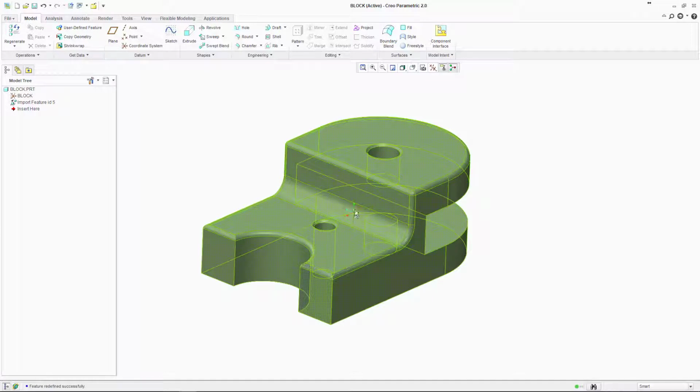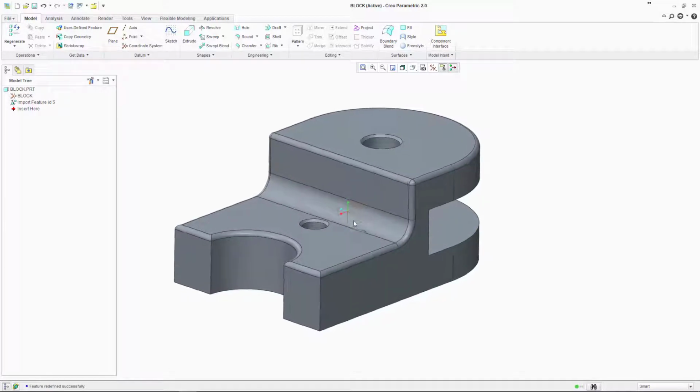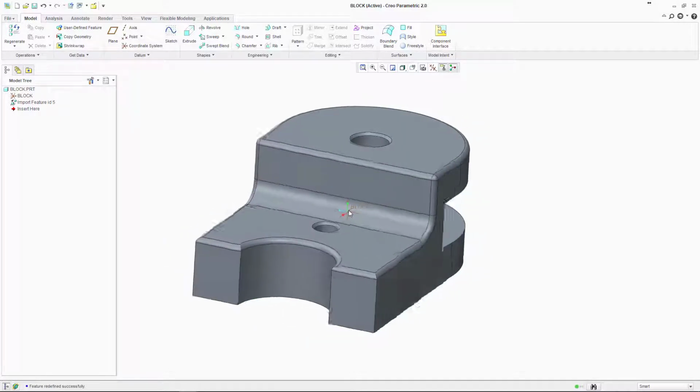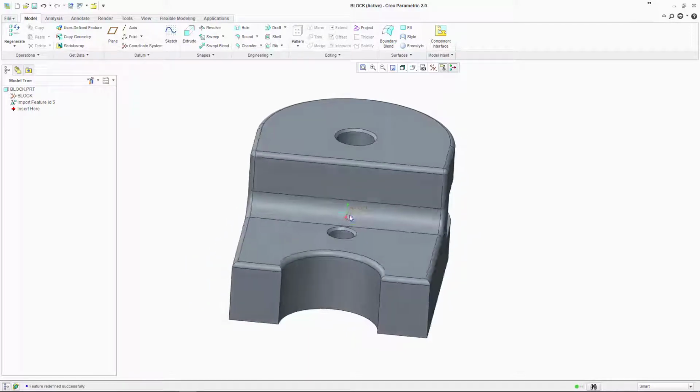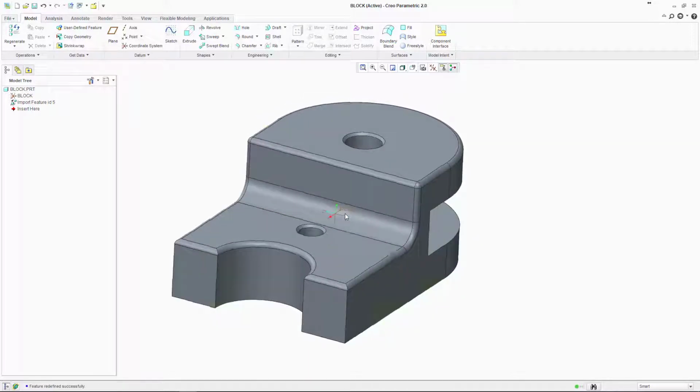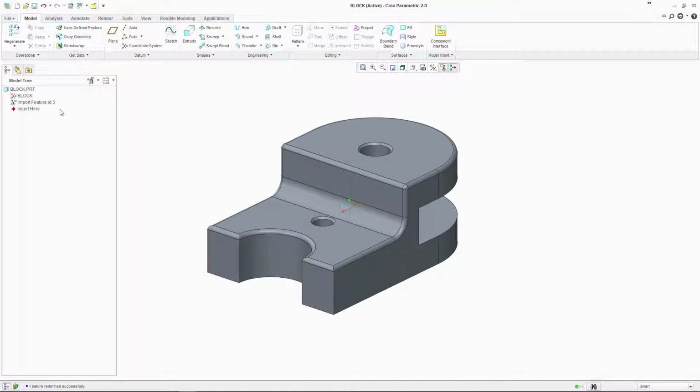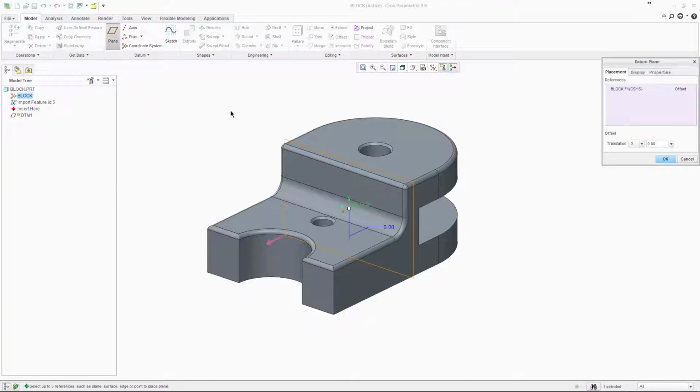Luckily we have the coordinate system already, so essentially we have an origin point of the X, Y and Z axes, so we can use that as a reference to place our datum planes, because it's always useful to have the datum planes passing through the same point as this base coordinate system. So let's select the coordinate system first, up in the model tree here, and then if we just click this icon, which is plane, which is create a datum plane,